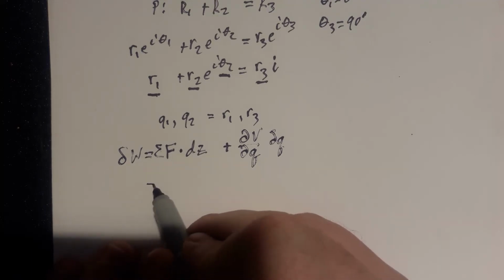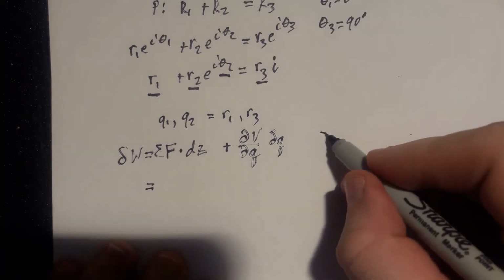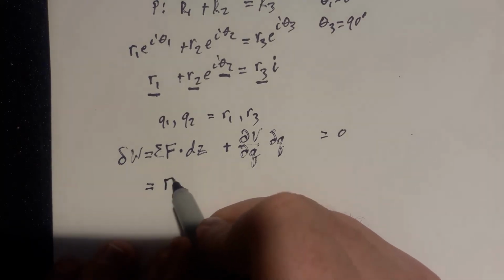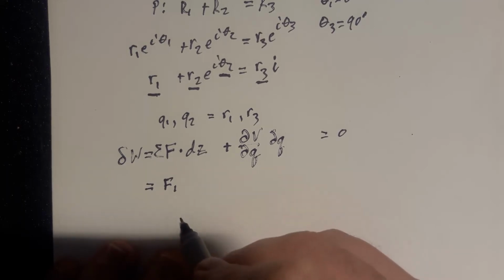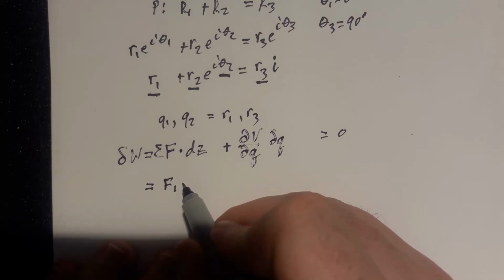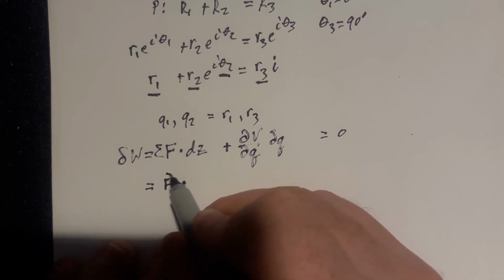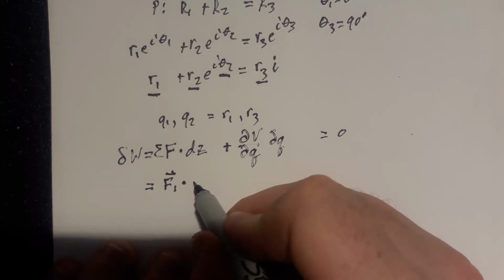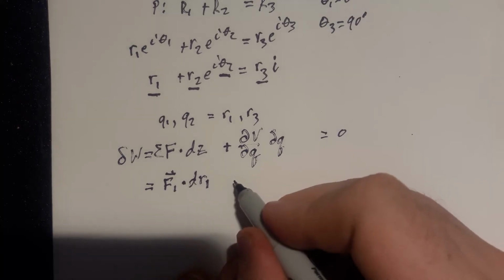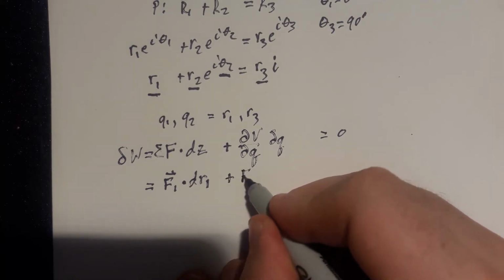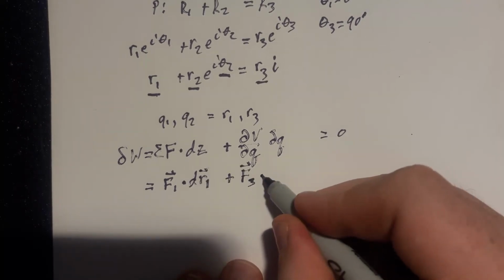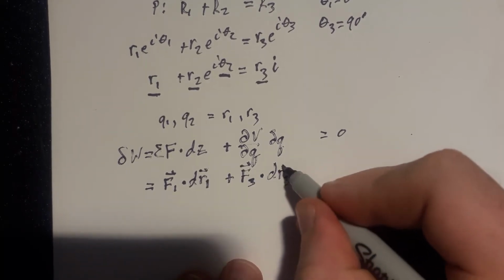And so what we're going to have for this equation, and this will of course be equal to 0 at equilibrium, and so we have F1 and R1 is exactly in the direction of F1, so F1 dot dr1 works, and then we also have F3 dot dr3,